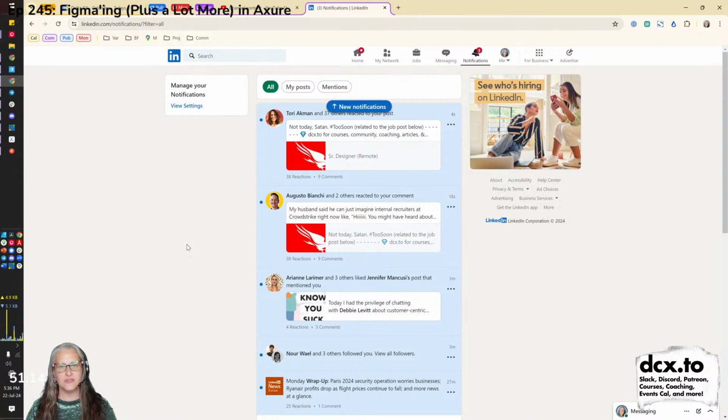So hopefully by the end of this, you're going to go, "Wow," and be curious what Axure 11 might bring, which they haven't shown me, so I don't know, but I always hope it's an improvement to styles because Figma is quite strong there. To me, that might be Figma's strongest feature, but you tell me your favorite Figma feature in the chat. Okay, so how do we do styles in Axure?